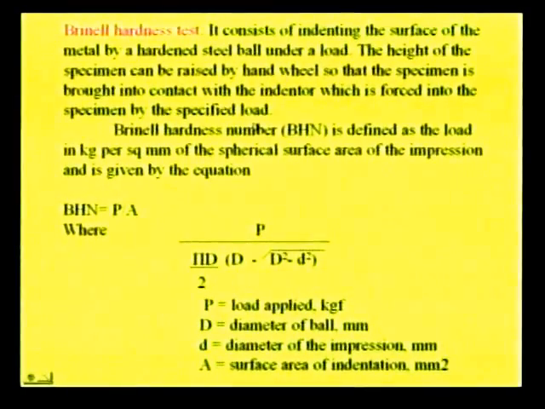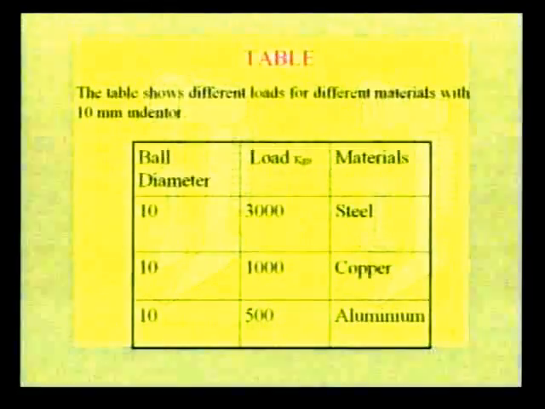Generally the Brinell hardness number explains the amount of hardness in terms of numbers. The Brinell hardness number is calculated by using the equation BHN equals P by A, or P by (pi D by 2) into (D minus root of D square minus d square), where P is equal to load applied in kgs, capital D is equal to diameter of ball in mm, small d is equal to diameter of impression in mm, and capital A is equal to surface area of indentation in mm square. The table shows the